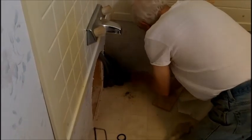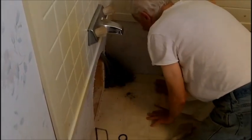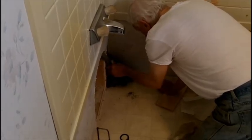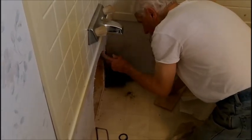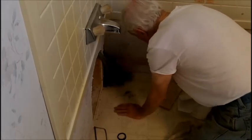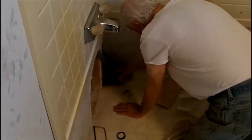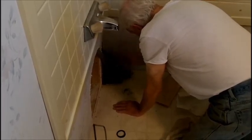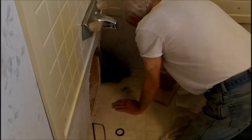Okay, so here is the situation. We got these great pipes, hot and cold water line on the outside of the sheetrock. That's just the way they made it. They come down here because they figured they had to come out of this hole in it here. Anyways, and they come up through here, okay? So